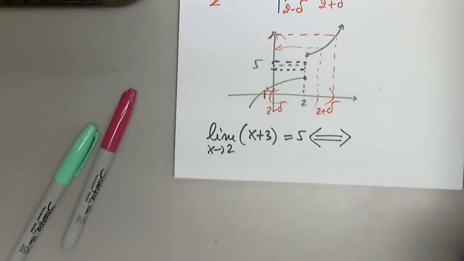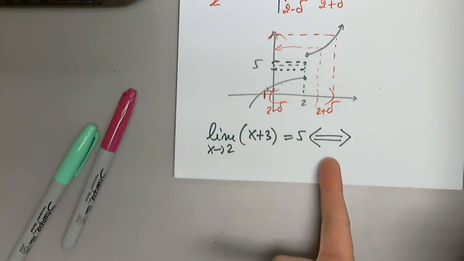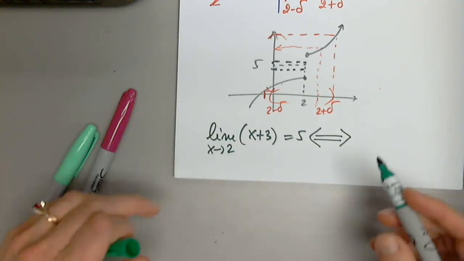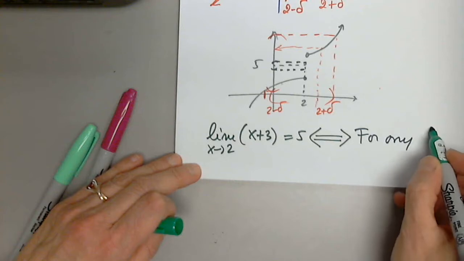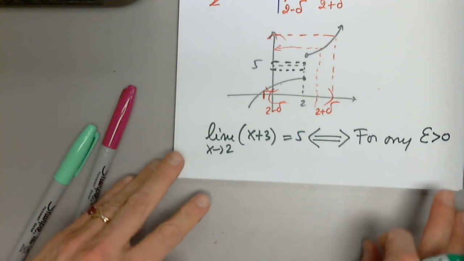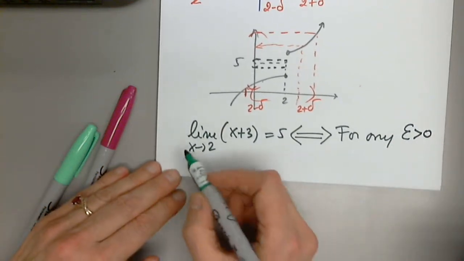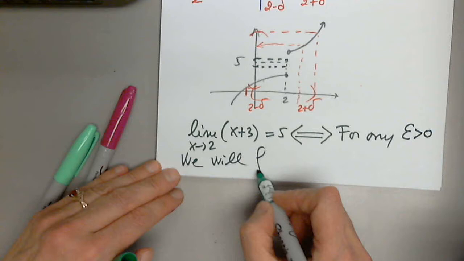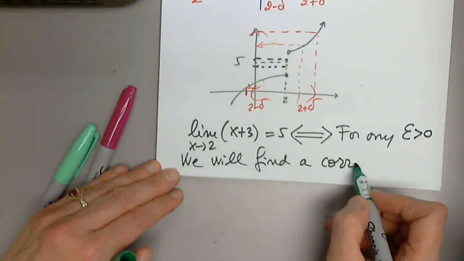So it's a double way situation. If this is true, then the concept we discussed is correct. If the concept we discussed is correct, then the limit exists. Okay, so double equivalency, because we have to show both ways. For any epsilon positive, of course, epsilon must be a positive number, we will find a corresponding